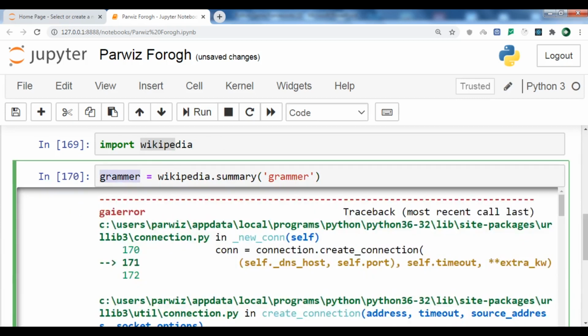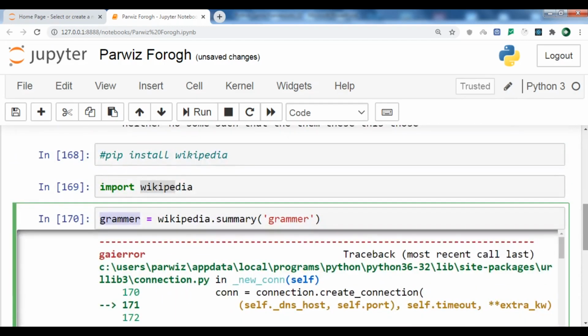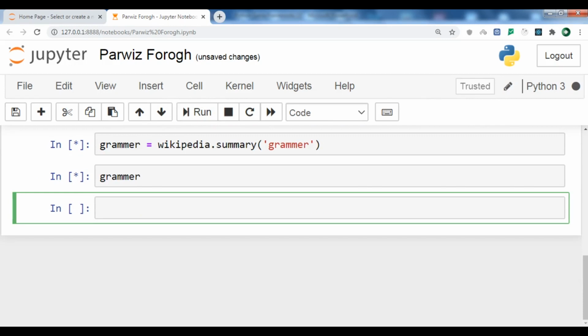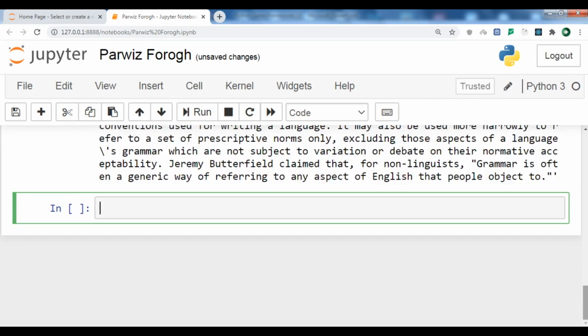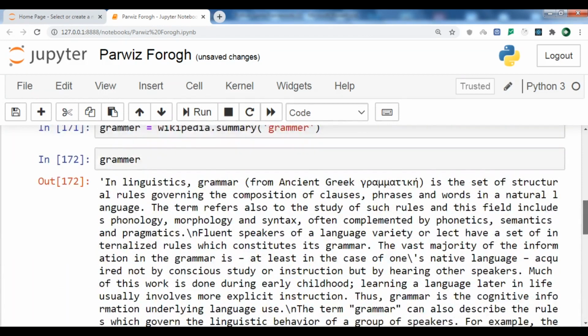Now we have an error. Okay, it's because I think I have an internet connection problem. Now we can run this again. So let me just run grammar. So now you can see that this is the summary of the grammar from the Wikipedia,